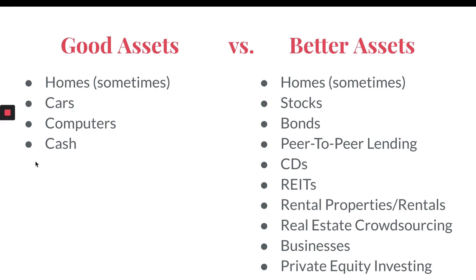So stocks, we talked about stocks. Stocks are amazing, right? They have such a high return. Bonds have a great return too, and they're so safe. We trust in the US government. It's so safe. Peer-to-peer lending. This is a new thing where you can lend to each other, which is great because you can charge interest for that, right? So it's like a bond. It's making us money.